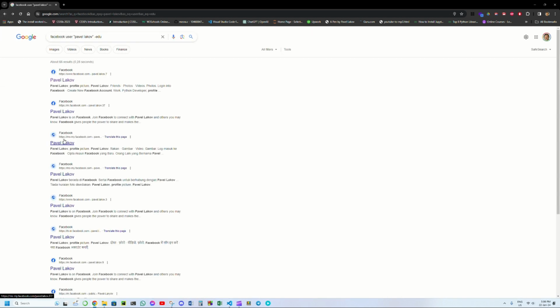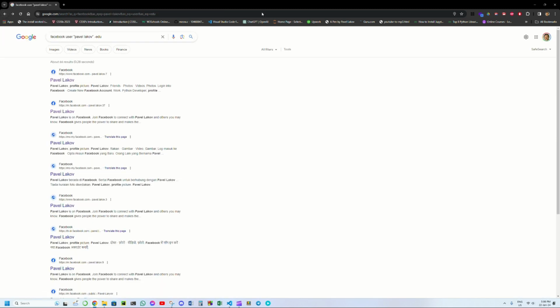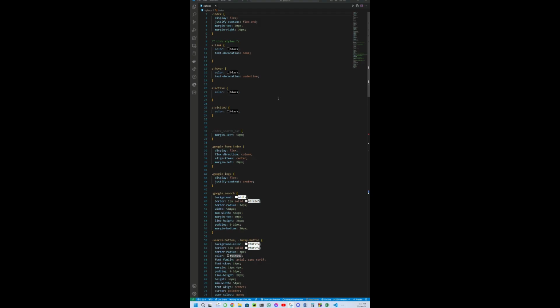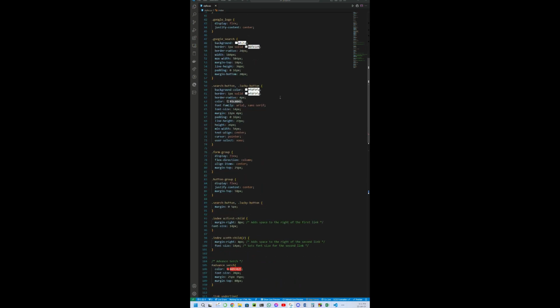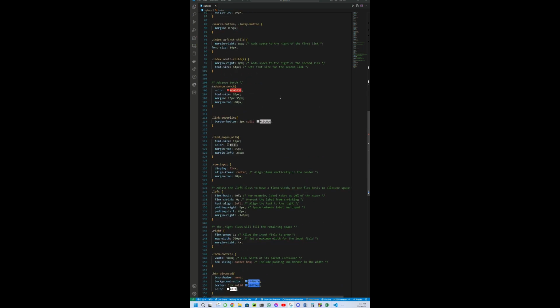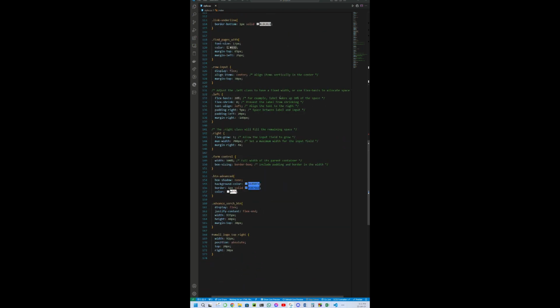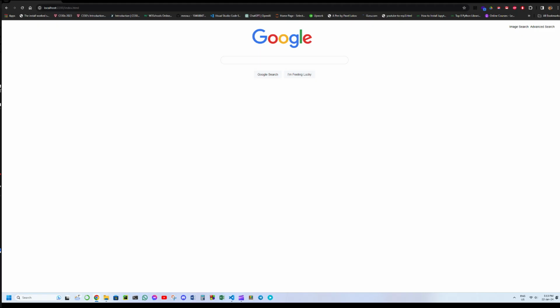Each field is clearly laid out, left aligned for easy reading and input. The Advanced Search button, styled in blue with white text, is reminiscent of Google's design, maintaining a familiar and user-friendly interface. Now, let's talk about the aesthetics and CSS of our website, which have been meticulously crafted to mirror Google's own design language. The goal was to create a user experience that feels familiar and intuitive for anyone who has